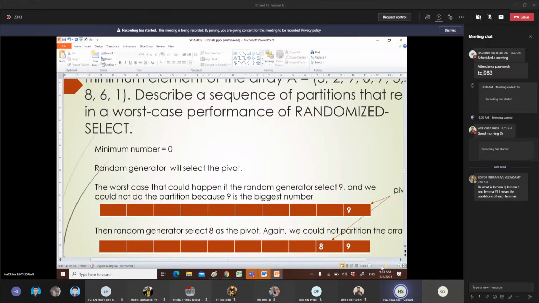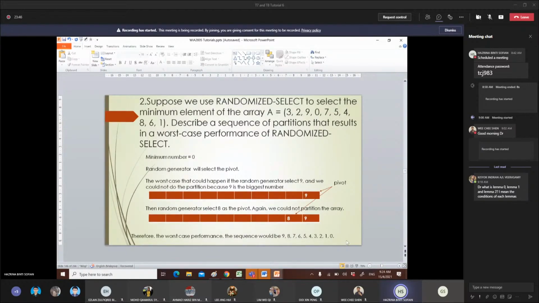Okay, I made some illustration for this question. For randomized select, the random generator will select the pivot. So the pivot will be selected randomly. The worst case that could happen is if the random generator selects 9, because remember, randomized select at one point, I think at step 3, we will do the quick sort, so that this pivot will be